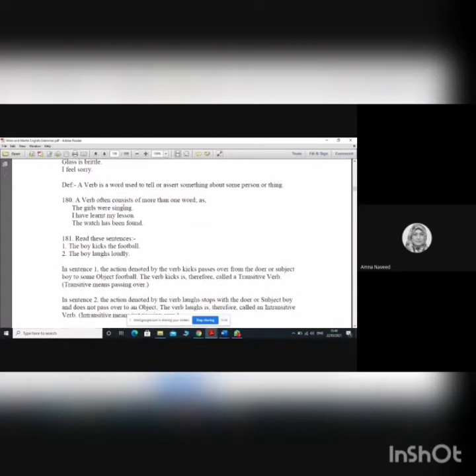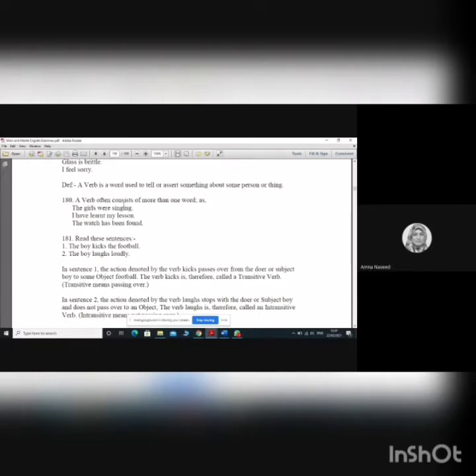So remember one thing, and I believe you all know that whenever we write a sentence, there has to be a subject, a verb, and an object. For example, I write letters. I is a subject, write is a verb, and letter is an object. But sometimes it does happen that the sentence gives its complete sense or its complete meaning, even if the object is missing from the sentence.